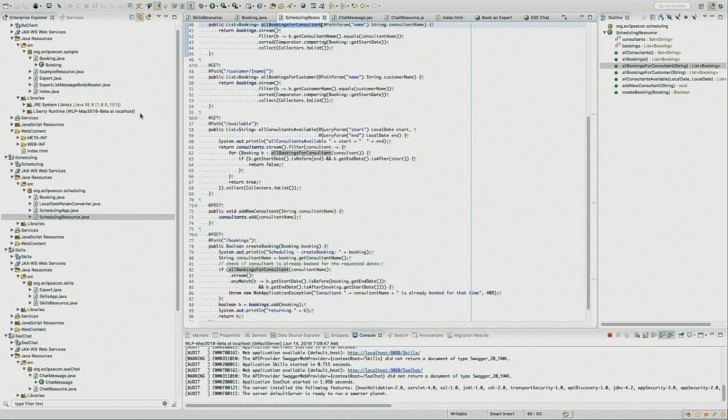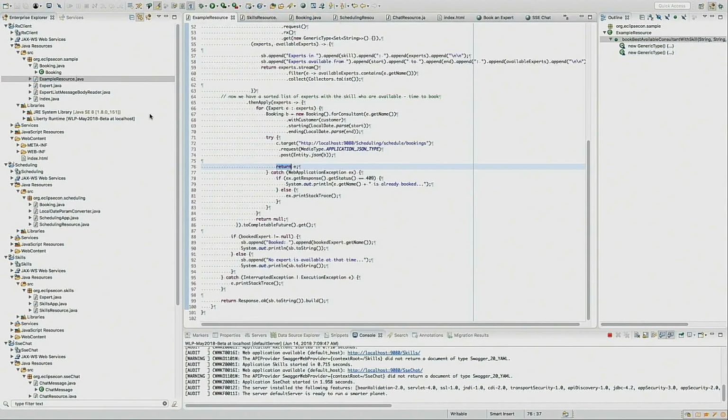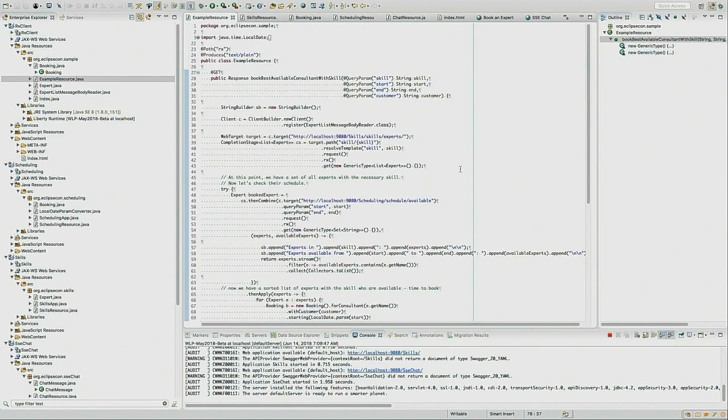So now to look at what a reactive client example might look like, we've got another resource here. This is a new microservice that takes in 4 parameters. The customer that wants to book a consultant tells us what skill they're interested in, the start and end date, and their own name, the customer name. And so to see that,